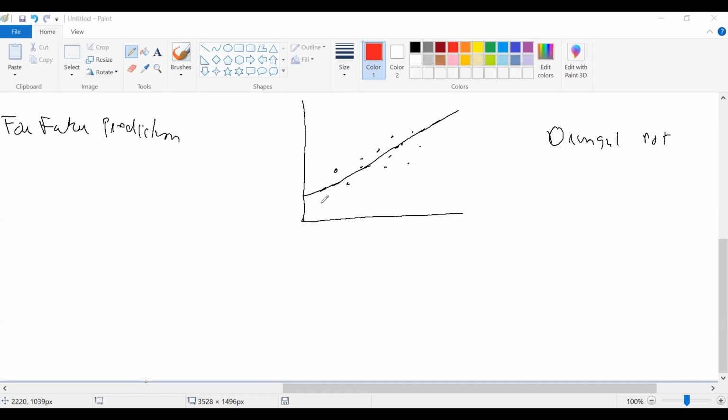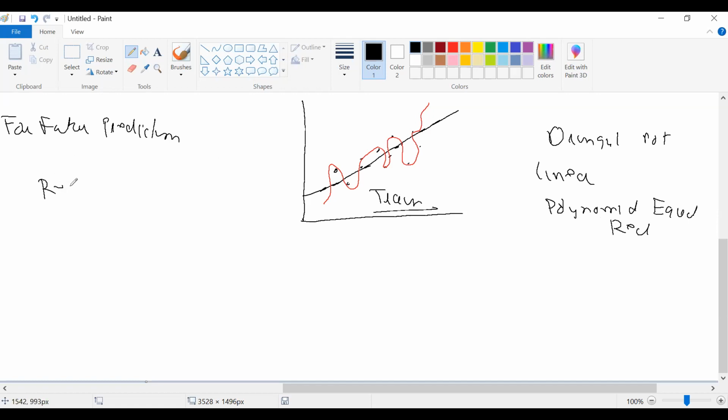But let me say another person has built a model something like this. So basically there are two models. One is your linear and another is your some polynomial equation, which is marked in your red color. And the model would have been obviously built on your train data. Model तो train पे build करते हैं, ठीक है? Or let me say you have built on your entire data. So now, if you compare these two models, do you notice if I use the red model,